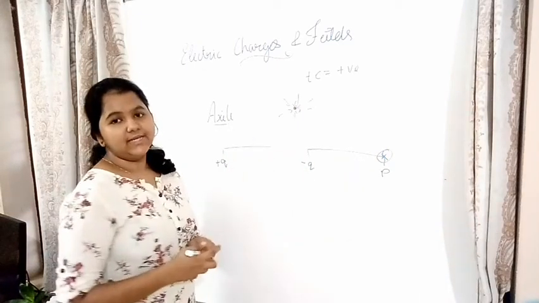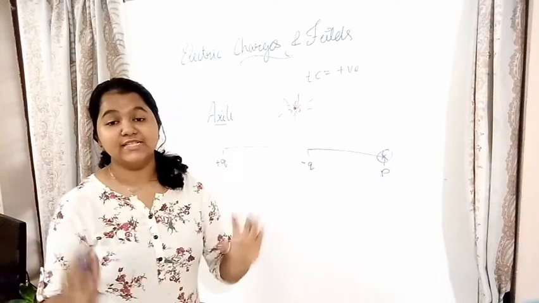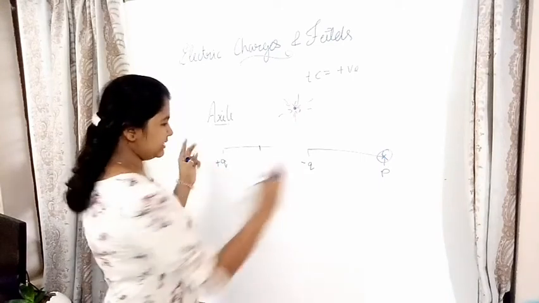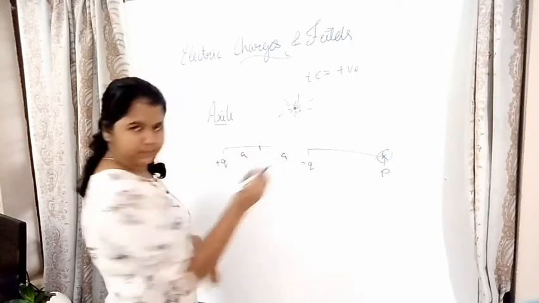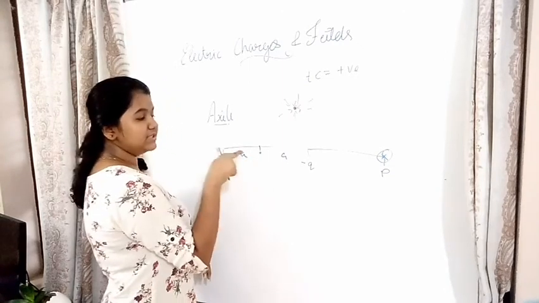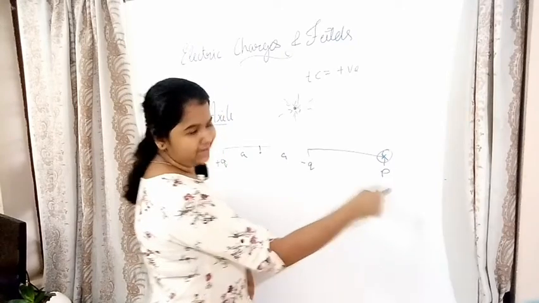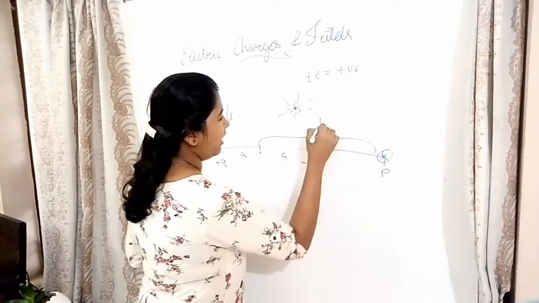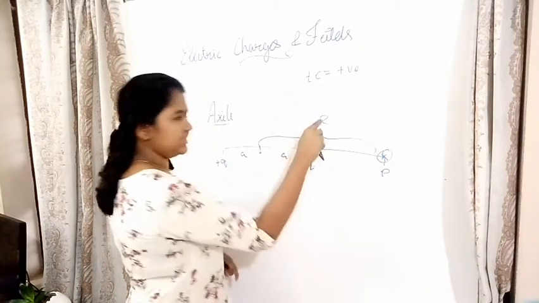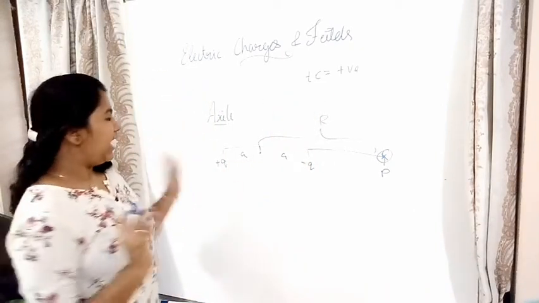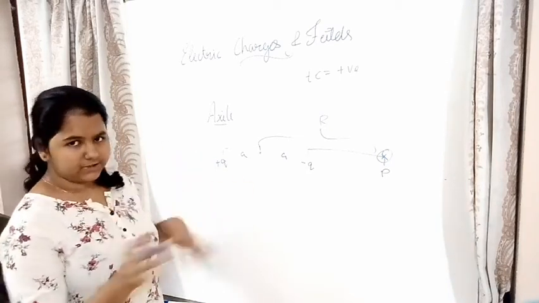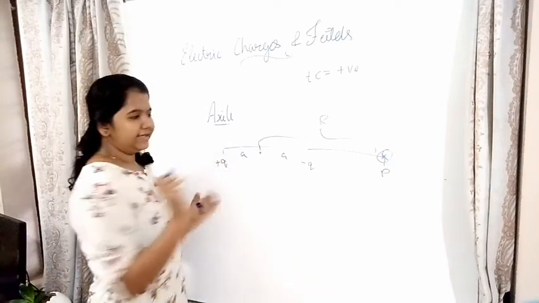So we know that an electric dipole is separated by a distance of 2a or 2l. We will mark the middle of this dipole as O. So this is a, this is a. And then the distance from the center O to the test charge is taken as r. So this is the distance r and this is a. Then we'll explain it further as we learn. So this is the diagram in all.